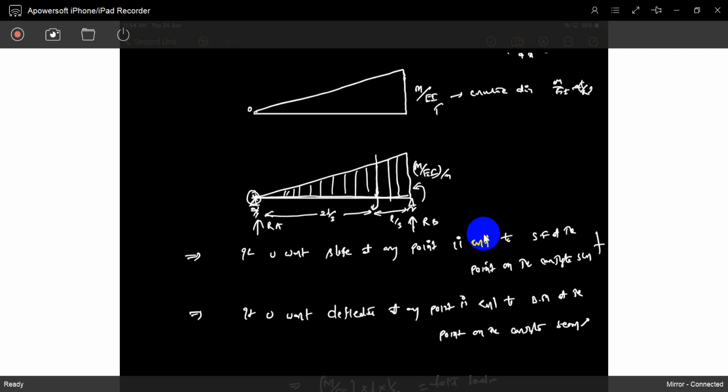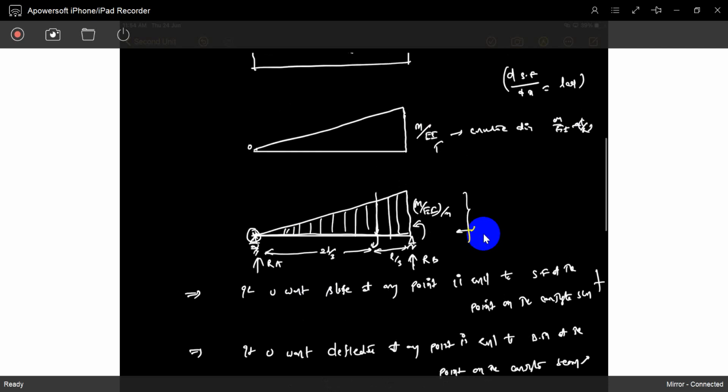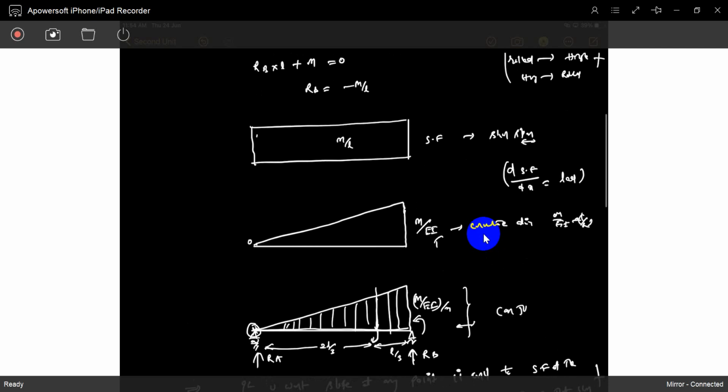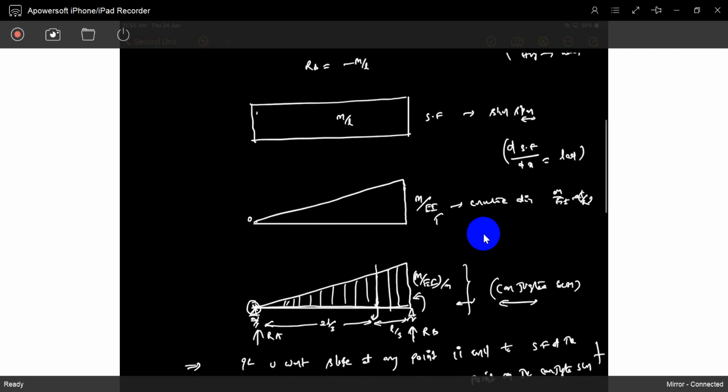Are you understood? This is a simply supported beam, just analyze it. Try to draw the bending moment diagram, and you will also see where the bending moment is maximum. That is the point where the slope is maximum in the real beam. See, it is a conjugate beam, not a real beam. In a conjugate beam, shear force is equal to the slope in the original beam. In the conjugate beam, bending moment is equal to the deflection of the real beam. So just solve it and find out where the bending moment is maximum and what that bending moment is, which is equal to the deflection in the real beam.